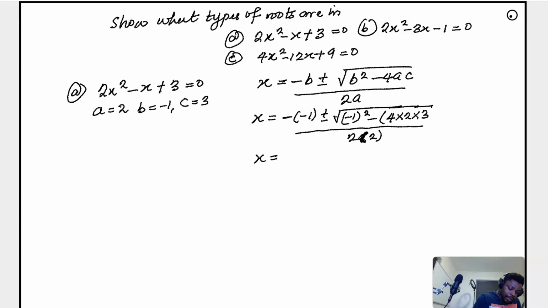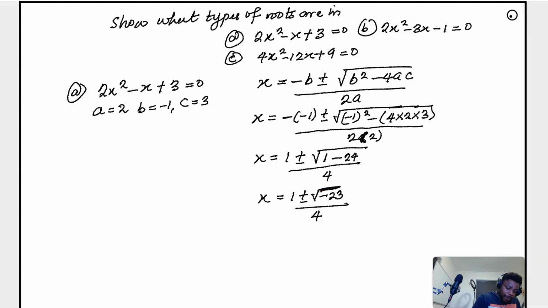So x is minus 1, minus times minus plus, that is 1 plus or minus. Minus 1 squared is 1 minus 4 times 2, 8 times 3, that is 24, all over 2 times 2 is 4. So this is x, 1 plus or minus square root of 1 minus 24, that is minus 23